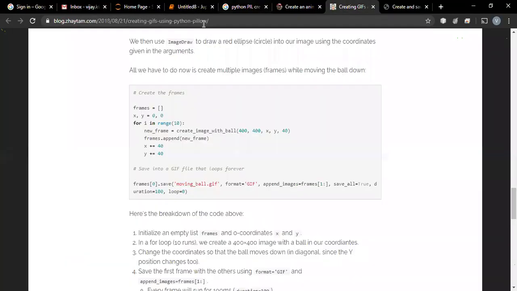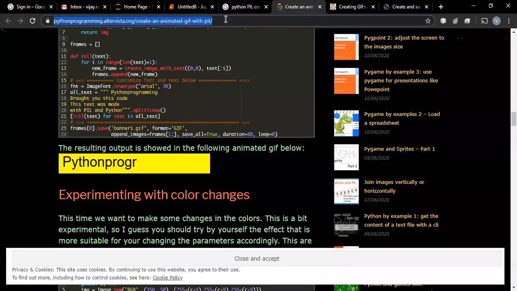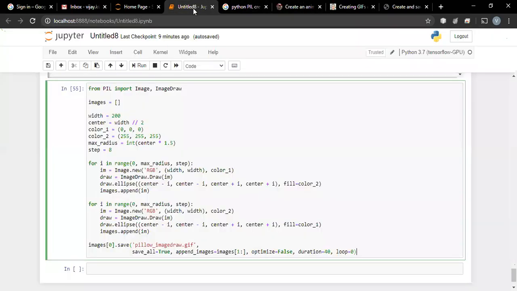So for your reference, I'm copy pasting these links also, and that will be your task for today. Can you create the various effects and convert those images into a GIF or not? Something like this and so on. If you can do it, then we can say that yes, you can apply the things that you have learned in class.